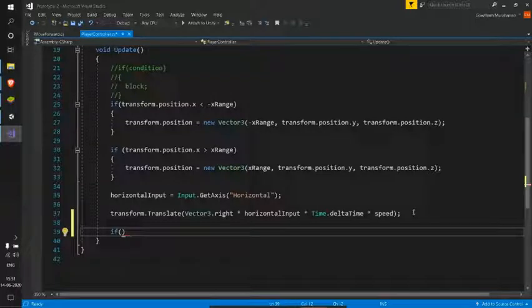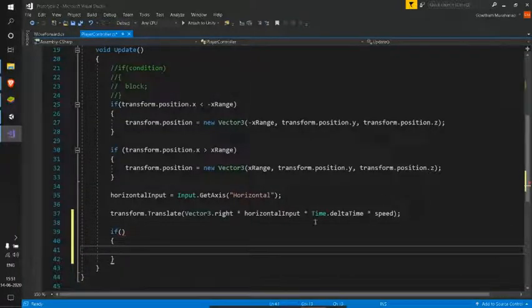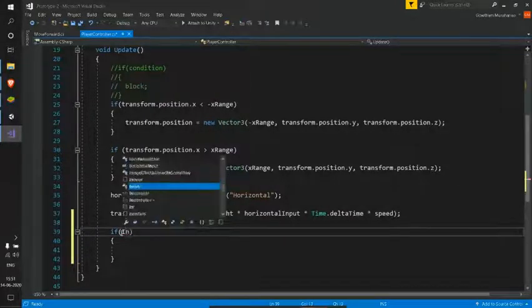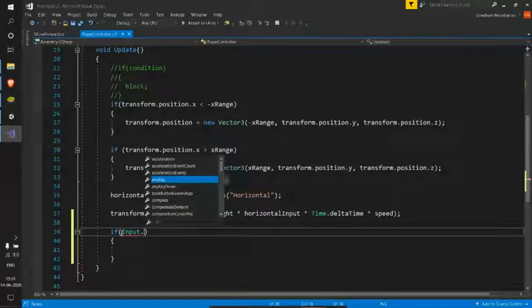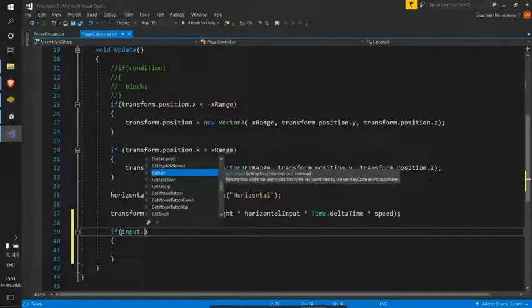So to do that, let's use another method in our input class. Anything related to input we'll be doing using the input class, and we'll have different methods here. Let's primarily focus on these three methods: get key, get key down, get key up. These are the methods used to detect if a particular key is pressed or not.